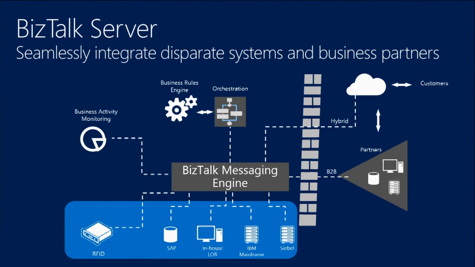If you look at it from the bottom of the stack, I have various data sources coming in. It is coming either from SAP, or from RFID sources, or from an LOB system. So various types of data are coming in. And there are various subscribers at the top, one of which is called an orchestration, another could be a rules engine, another could be some end customer. So let's talk about those individual components.